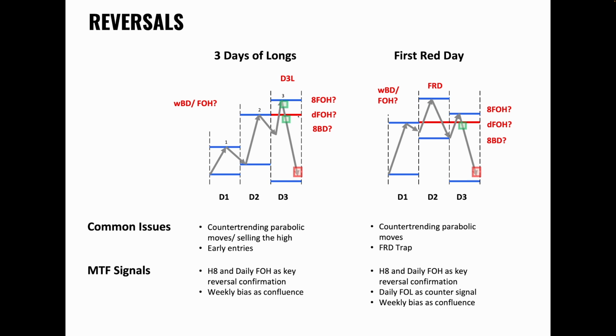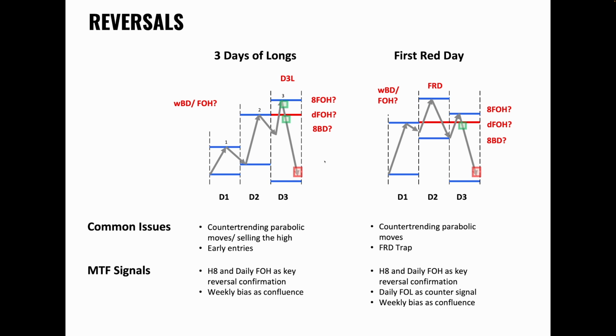And this is what multi-time frame logic helps you to look at in this case. So really 8-hour and daily fake outs as key confirmations. And then also you look, of course, at the higher time frames. Weekly: is the weekly in breakdown, and this is only a pullback, a low-hanging fruit continuation on the higher time frames, or is the week also in a fake out high and we are reversing down from a major resistance level, for example? Then you also get more